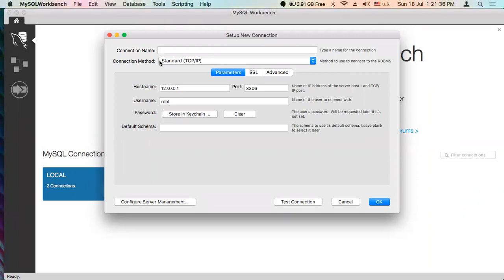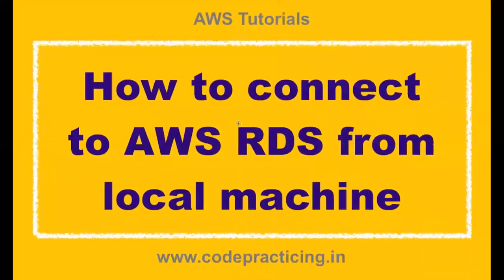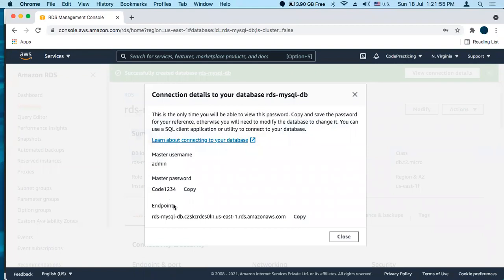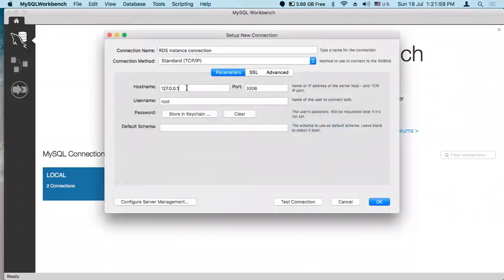So we'll give a name to our connection, RDS instance connection. Host name is our endpoint. Paste the endpoint in host name.